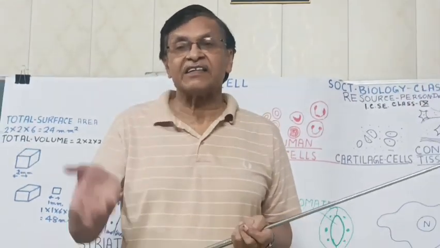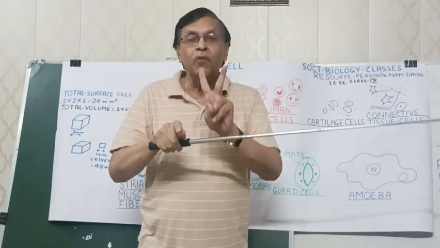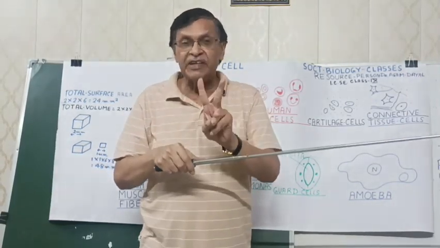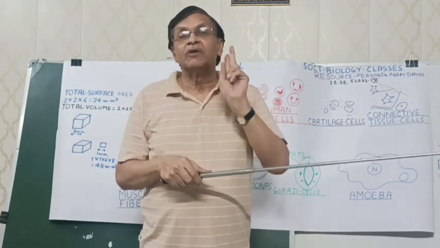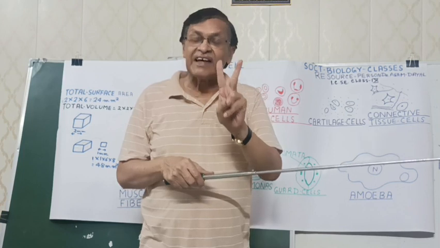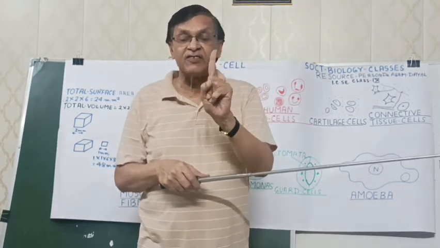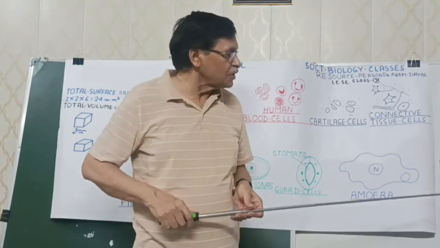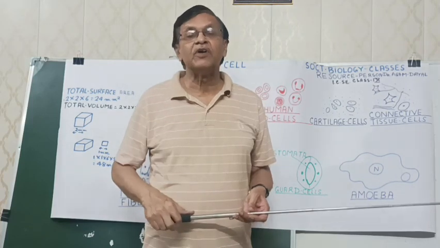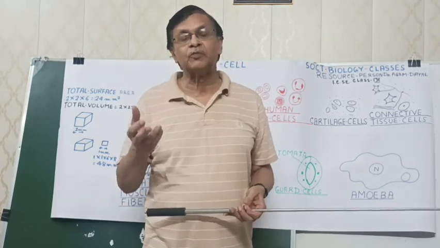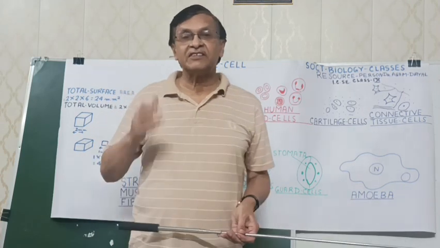We can say it in other words: if the distance between 2 points is more than 0.1 millimeter, they will appear as two different points to our eye. But if the distance between 2 points is less than 0.1 millimeter, they will appear only as a single spot to the human eye. So the study of biology up to 1665 was based only on morphology and anatomy level. But in 1665,